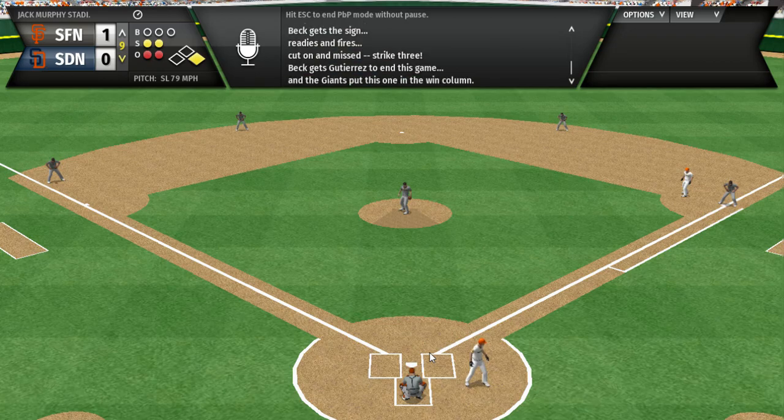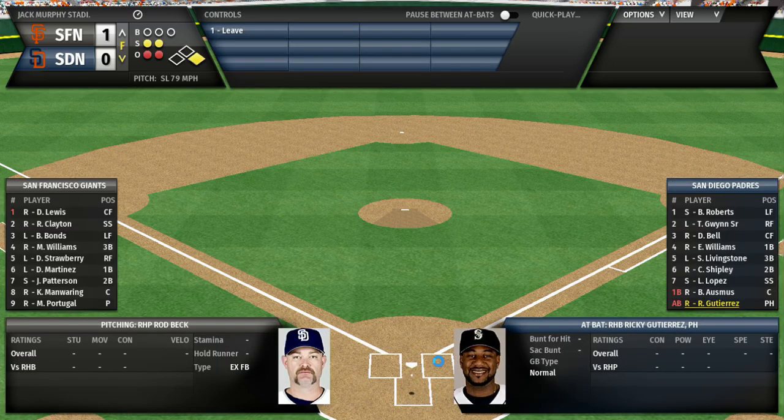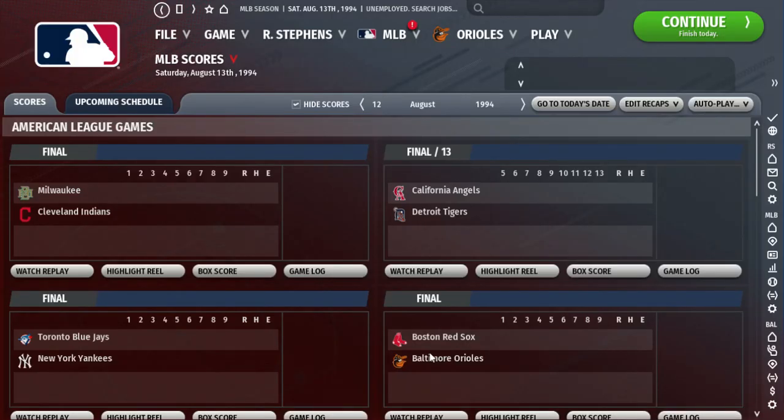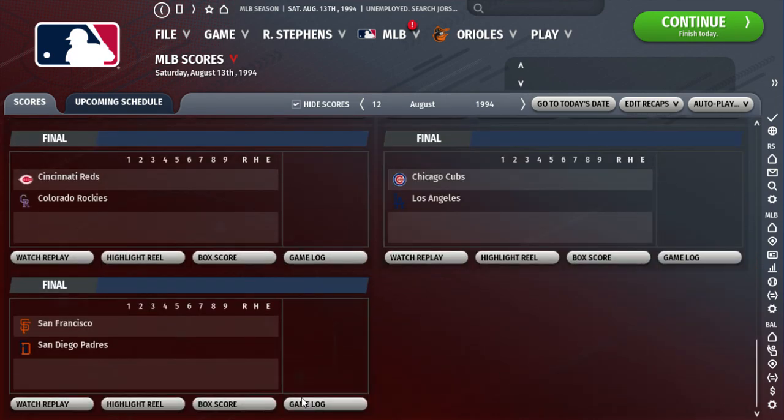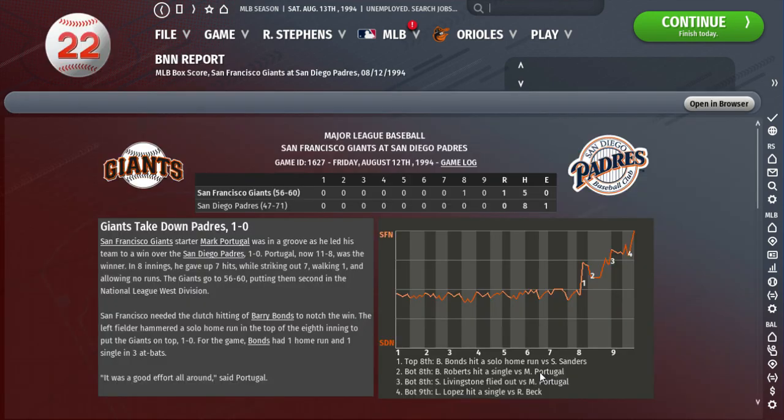1-0. Don't see that every day. We've seen comeback wins in the American League earlier. We saw high-scoring games and a great day. Wish it would have happened in real life, but enjoyable nonetheless.